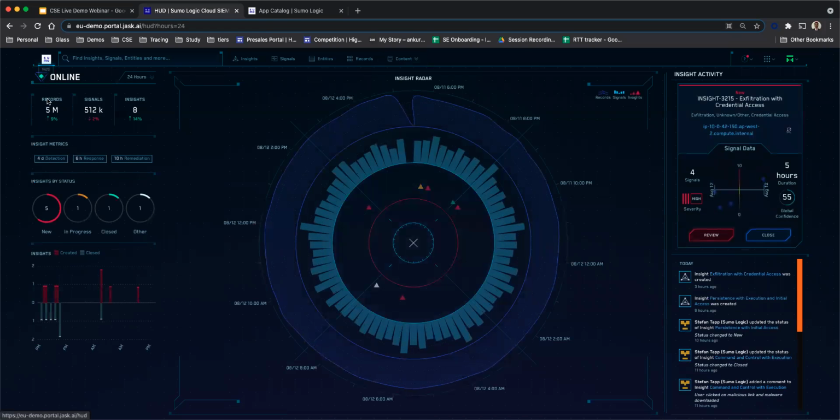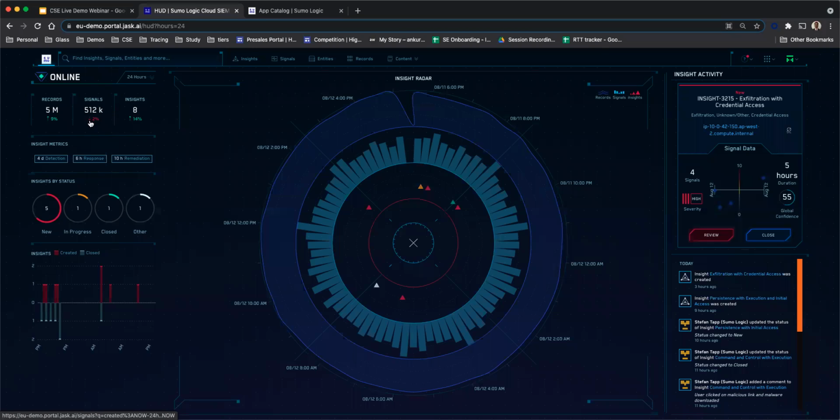So we saw how we can use the Sumo Logic Cloud SIEM platform. The records are automatically looked into to create the signals. Whenever the records match the rules, this gives rise to various different signals over here. The signals are auto-correlated to give rise to insights. So you don't have to go through hundreds and hundreds of signals. You can focus on the most important things, which are automatically correlated and provided to you as different insights.